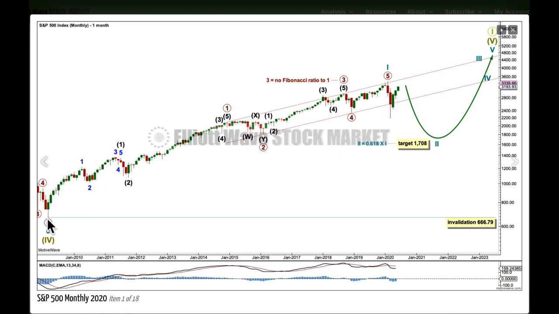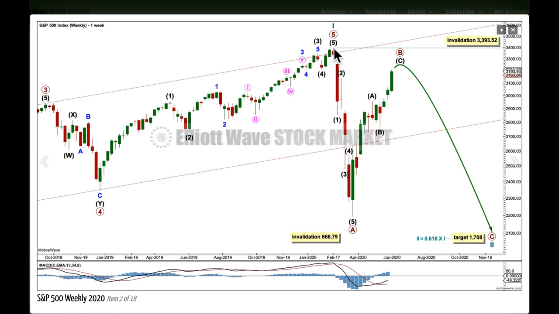Cycle wave 2 may not move beyond the start of cycle 1, below the start of the bull market. Let's take a look now at the weekly chart level, where the high for cycle 1 is this point up here. If cycle 2 is subdividing as a zigzag, we will label it primary A, primary B, primary C, and it will subdivide 5, 3, 5, and B may not move beyond the start of A.